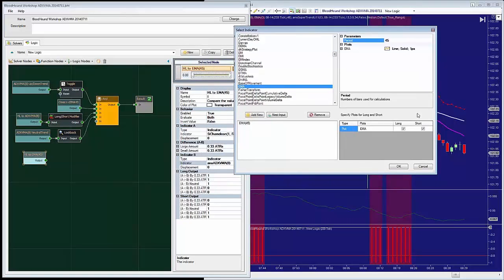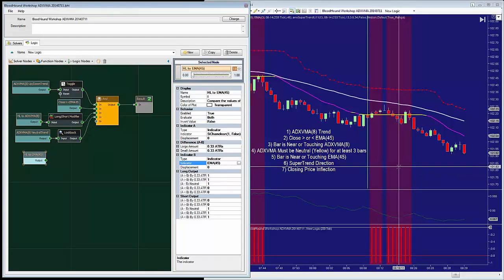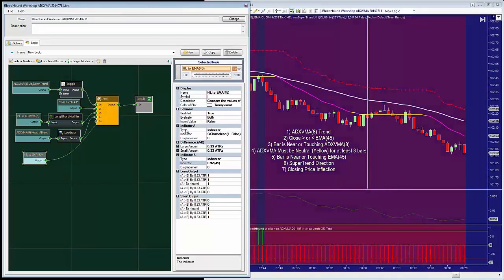Really just an incredible tool, and I use it all day, every day, and it still just amazes me. So now we're looking at the EMA 45. So when the bar is touching or within range of the EMA 45. So now when I connect this, just like before when we were looking at the condition that was touching the ADXVMA,